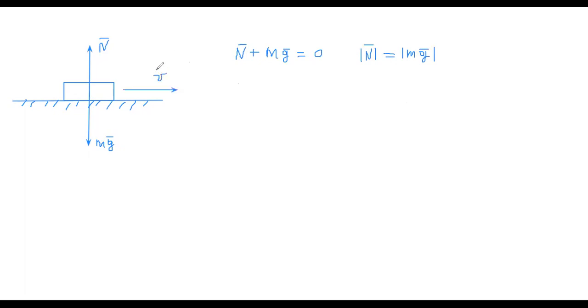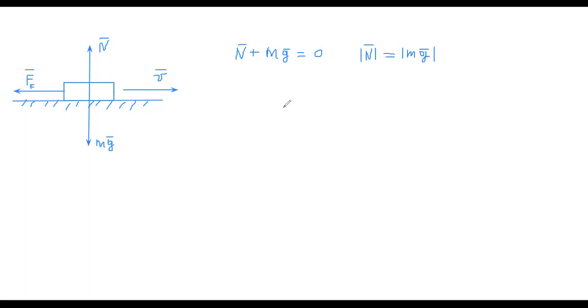with velocity is equal to v. If the surface of the plane is rough, there will be a friction. There will be friction between surface and our body, and we have to take into account a friction force. Friction force can be drawn like this. F friction force, or force of friction,